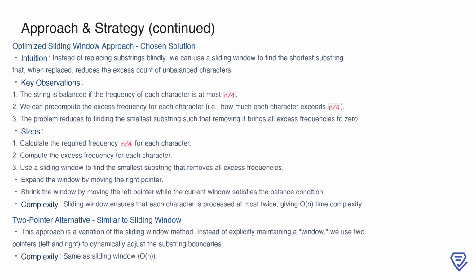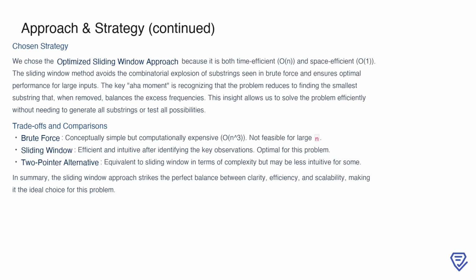efficient than brute force. An alternative two-pointer approach achieves the same result, dynamically adjusting the substring boundaries without explicitly maintaining a window. However, its complexity is identical to sliding window at O(n). The optimized sliding window approach is the chosen solution, as it is both time-efficient and space-efficient. With O(n) time complexity and O(1) space usage, it avoids the inefficiencies of the brute force method while remaining intuitive